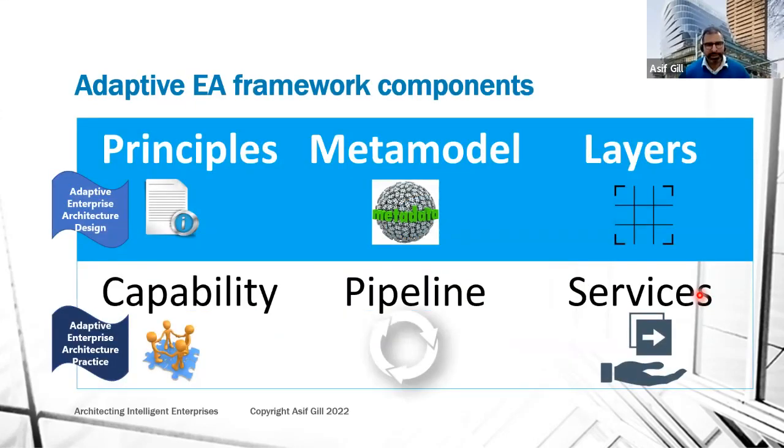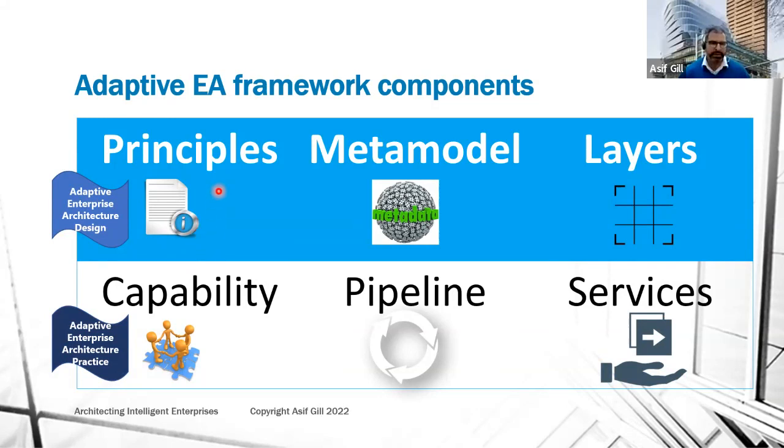So now, bringing that together, we need a framework to channelize or streamline the thinking, which I mentioned in previous slides. This is one of the frameworks which I developed, which I've been using for a long time in different industry and academic, but industry-sponsored projects. So really it comes down to six things, categorized around two big items. One is about the design: we design the architecture. And the second is about the practice of designing that. So this is all, for me, enterprise architecture, and it has six key components.